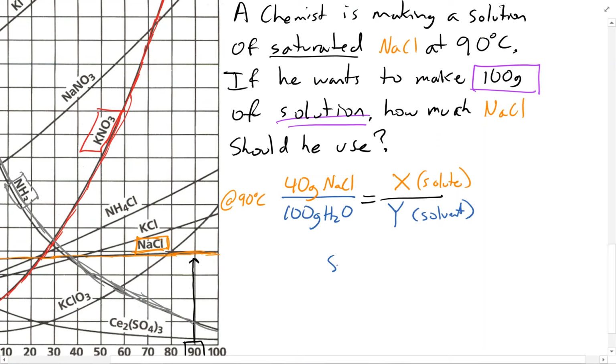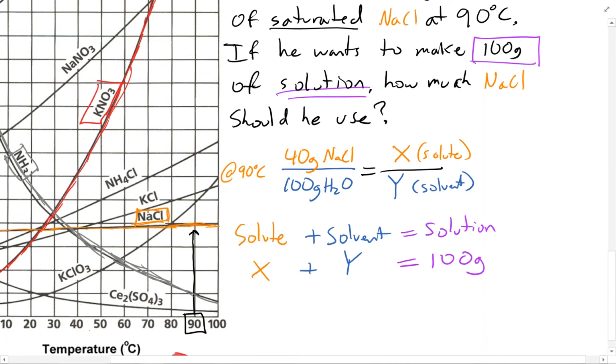We know solvent plus solute gives us the total solution. Those are the two parts to the solution, right? So we know that X plus Y here, which is our solvent, is going to be equal to 100 grams of total solution, right? So what we can do in this case is solve for one of them, and I am going to choose to solve here for solvent. I like to solve for solvent. It just makes sense in the end to me, so I'm going to subtract X on both sides. We have Y, our amount of solvent, is equal to 100 grams minus X,